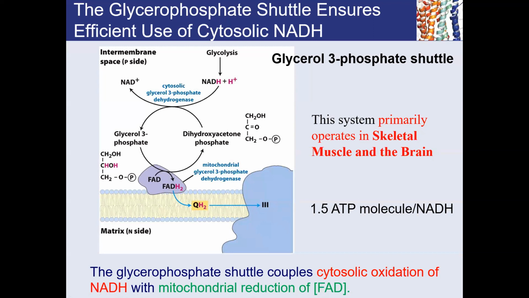And that FADH2, right? This mitochondrial glycerol 3-phosphate dehydrogenase is actually a flavin-linked respiratory chain dehydrogenase. It's also embedded in the inner mitochondrial membrane and will take glycerol 3-phosphate and oxidize it to generate dihydroxyacetone phosphate, with the concurrent reduction of FAD to FADH2. And that FADH2 will then transfer electrons to coenzyme Q. So therefore, you are generating the reduced form, ubiquinol.